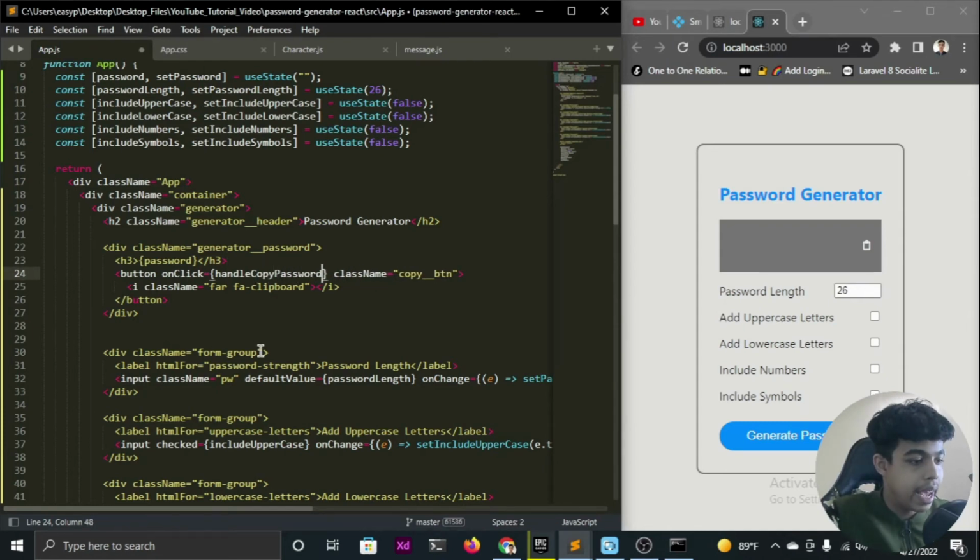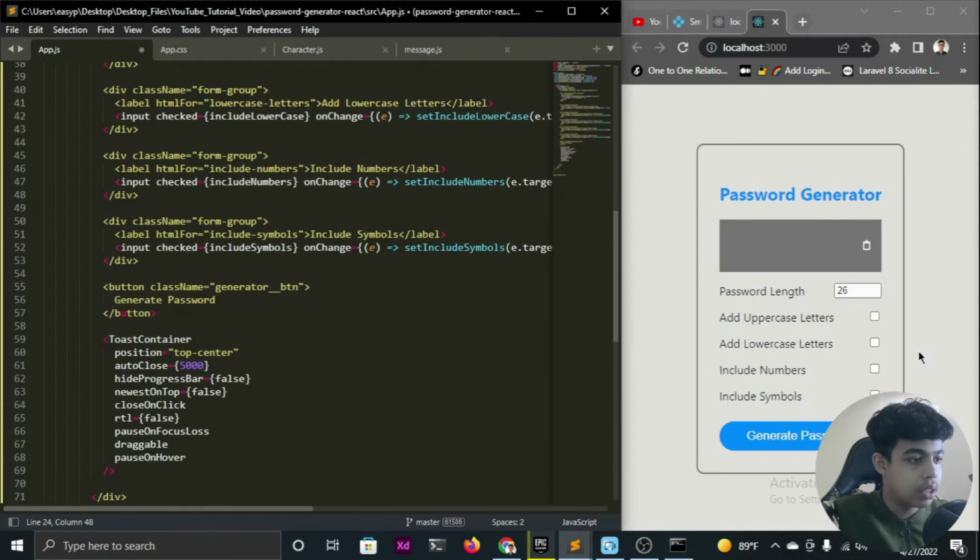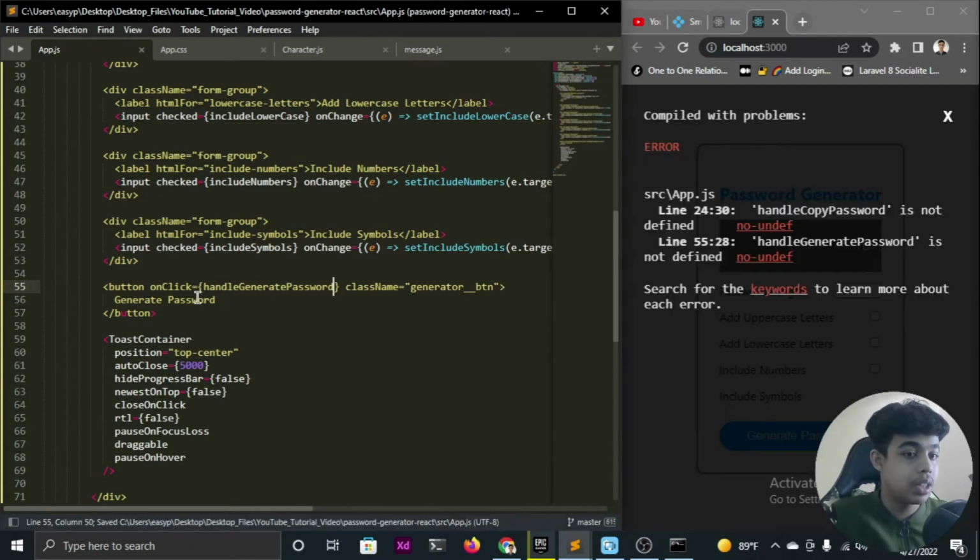Simple. And on click of our generate password button, we are going to be calling a function that is going to be handleGeneratePassword. That's it. Let me save it, and now it is showing an error that handleCopyPassword